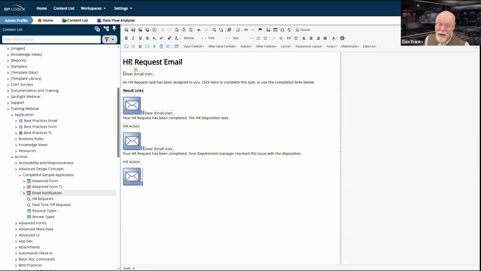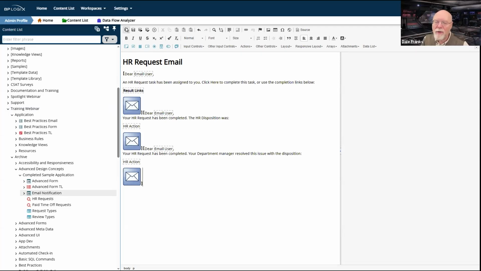Or technically, I could put it at the very top as long as it's not one of the embedded section controls. But with this particular email template, I basically have three embedded sections, each of which has a different message or message type and sends something different to the end user.